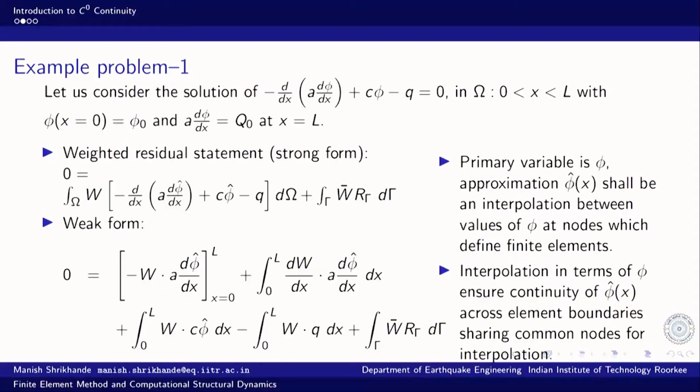So, that is what we call C0 continuity. The 0th order derivative is guaranteed to be continuous across the element boundaries, and therefore the elements that we will be discussing are also referred to as finite elements for C0 continuity. C0 continuity refers to the case where the 0th order continuity on the function of approximation, the primary variable